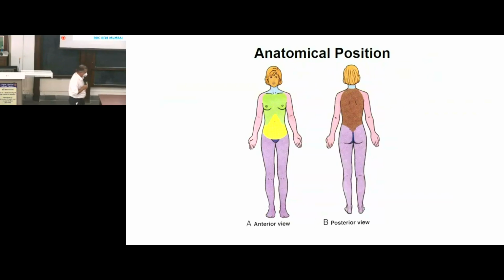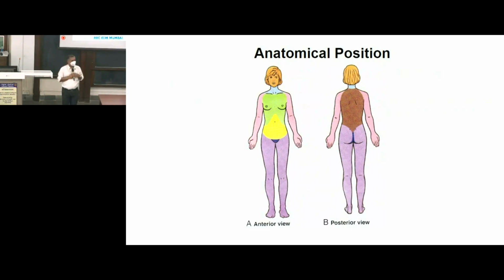Now we come to the actual. So having learned the principles of nomenclature, the most important thing that is to be learned and remembered throughout is the term anatomical position. What do you mean by anatomical position? Anatomical position is that position of the human body in which the person is standing erect, the upper limbs by the side of the trunk, the palms facing forward, the feet touching each other and the toes facing forward, and the eyes are looking at the horizon. That is infinity. Horizon means infinity. So this position of the human body is called anatomical position.